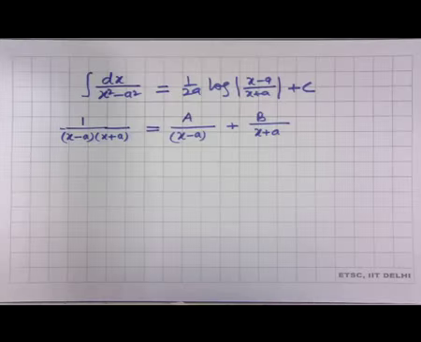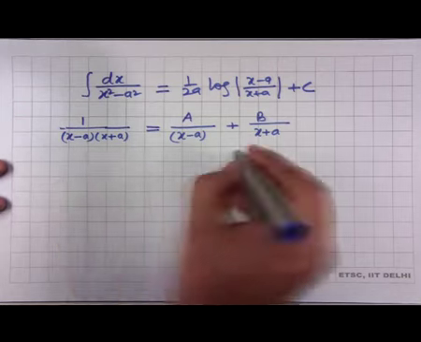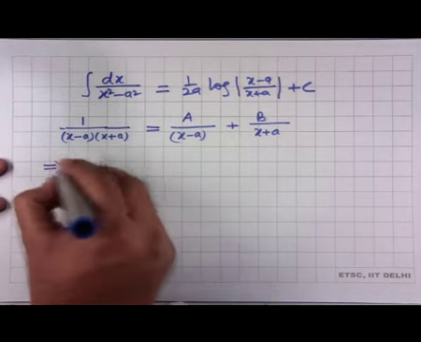So, the form of the integrand, if it is of this form (px + q) upon (x - a)(x - b), should be written as A by (x - a) plus B by (x - b). So, here the integrand is of the form 1 by (x square minus a square), which I have written in this form. So, this should be written as A upon (x - a) plus B upon (x - b). So, computing this, we can find that